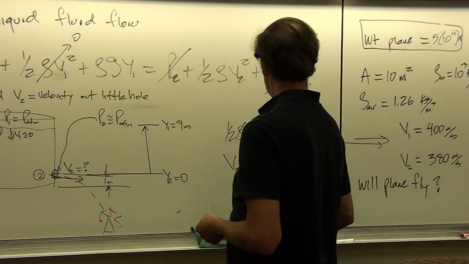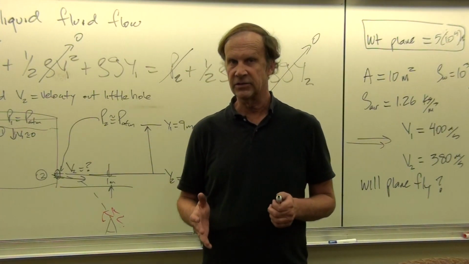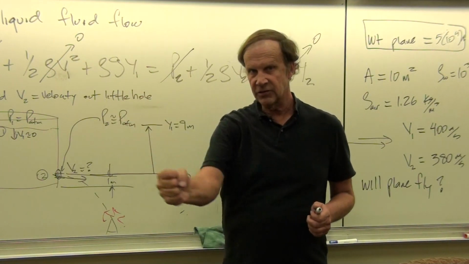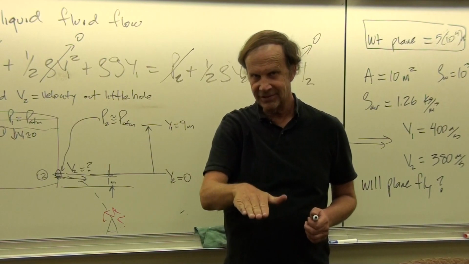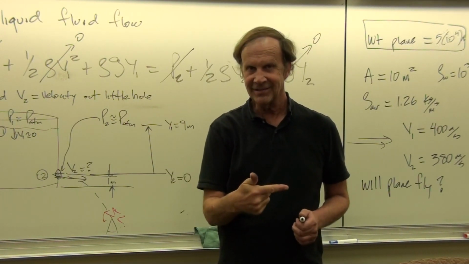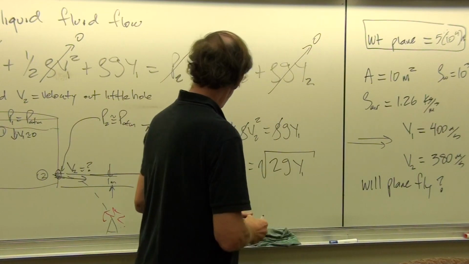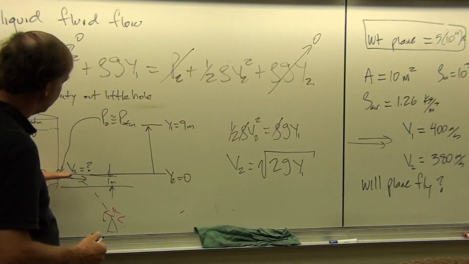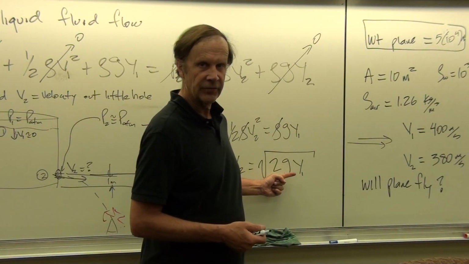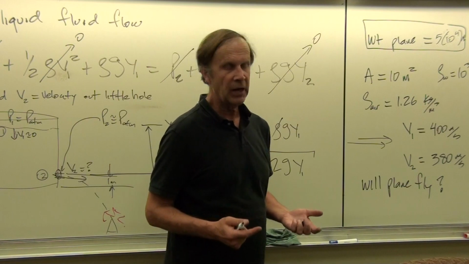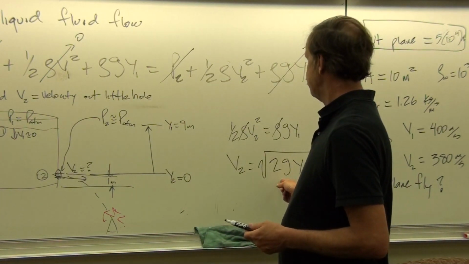Okay, and so that's something that we got as a result before for our energy equation. If you had, say, a pendulum that was swinging down, and it had 0 velocity up here, and it swings down to some lower position, the velocity at that point is the square root of 2g times the height. Or if you just took a mass and you dropped it through this vertical height, it has that same velocity as the velocity of fluid flow out the hole. So although these problems aren't the same, they do have some mathematical similarities to them.